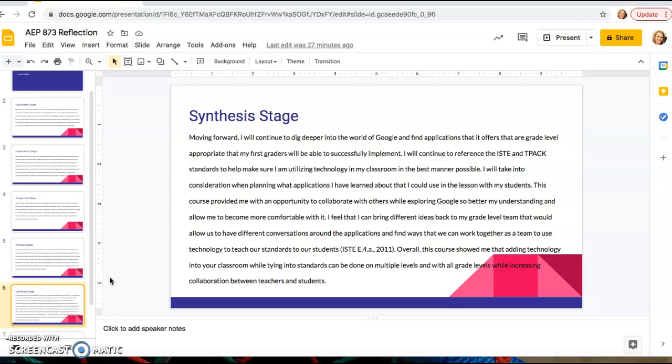And overall, this showed me that adding technology into your classroom while tying it into the standards can be done on multiple levels and with all grade levels, while increasing collaboration between teachers and